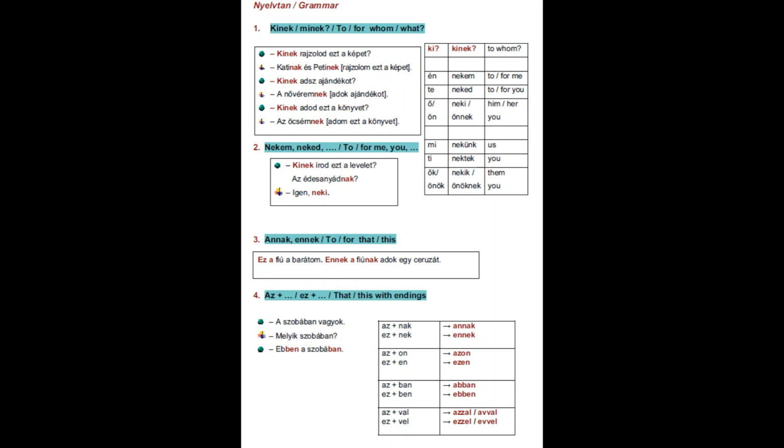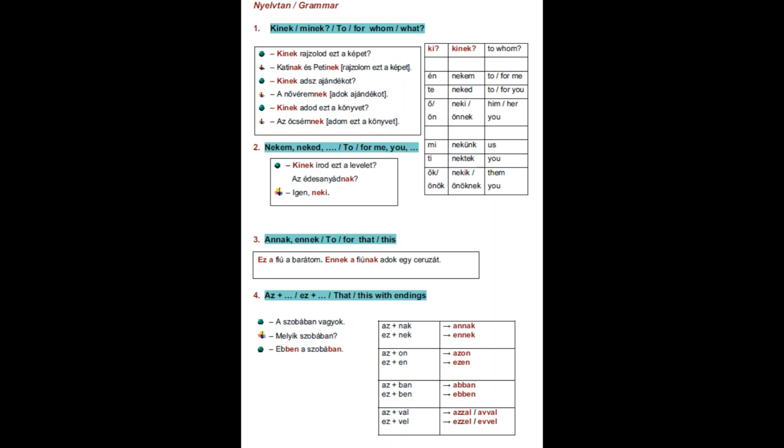Kinek rajzolod ezt a képet? So ezt and képet both have the T at the end, which means you're directly talking about a specific object, and it's that object over there. It's this particular object, the main focus of the sentence. So the main focus of the sentence is that picture. All right? Ezt a képet